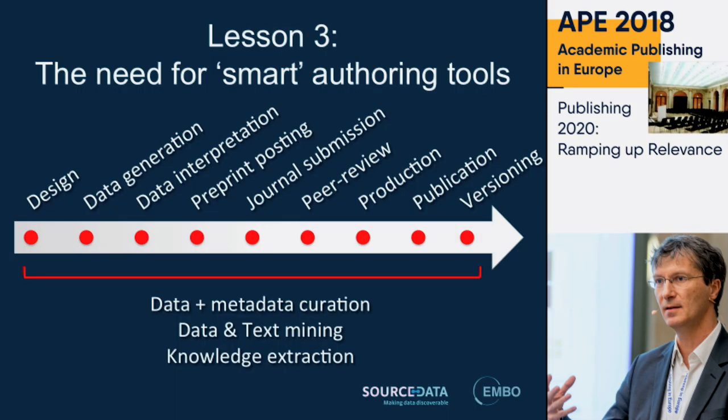And finally, the third lesson I think is that we, as publishers, as editors, tend to focus on the scientific content at the stage of publication or maybe production. And what we end up doing, like we just did, is a painful reverse engineering to try to extract some elements of structure from a material that has been completely degenerated: from natural language sentences that describe in a flowery way an experiment, from images that have been assembled and so on. And even if this is possible, it is difficult to scale, or it's expensive to scale.